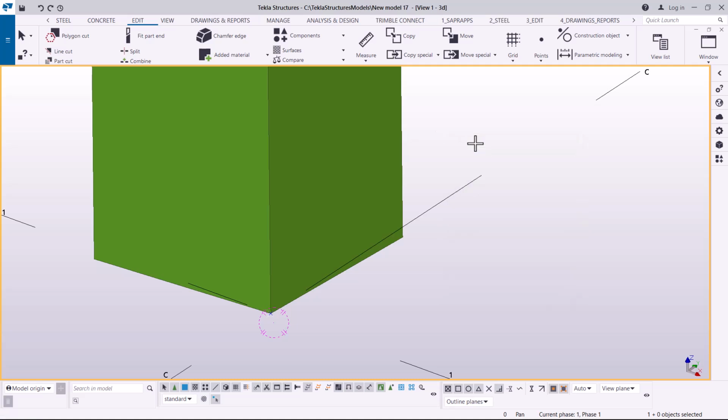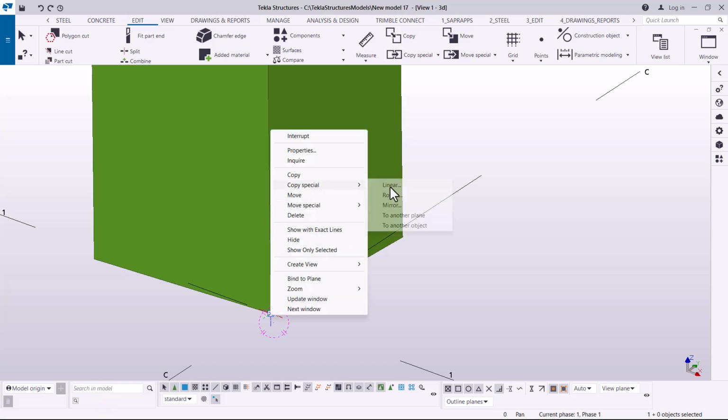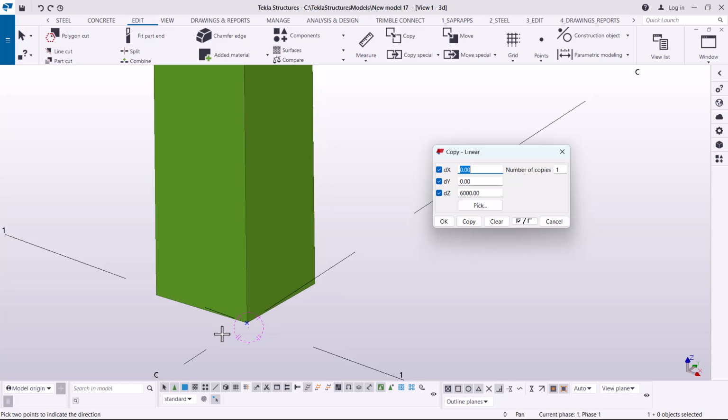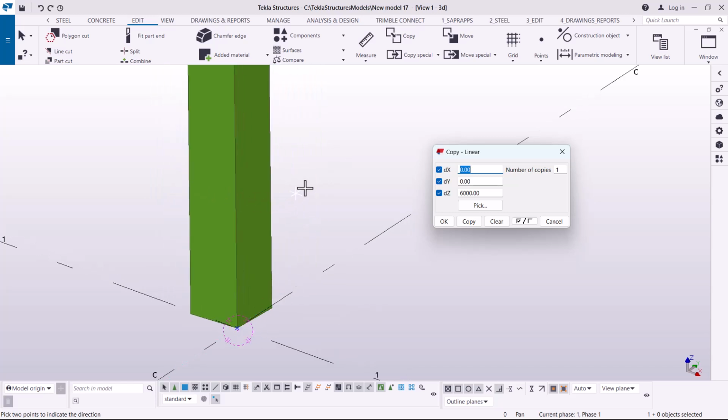Remember, we are doing this manually without using macros that are available for creating telecommunication towers. So I'm going to select these points that I have created at the bottom end here, right click, come to spatial copy and pick on linear. I want first of all to create what I'll call a stub, or a member that will be installed prior to installing the first leg of our tower. Now I'm going to copy it up by